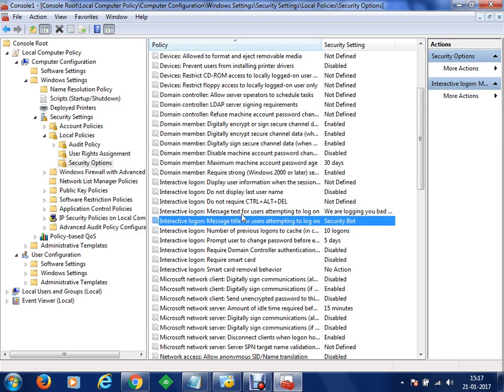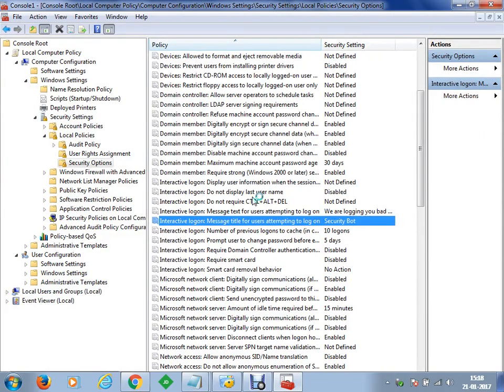Now we have some interactive logon messages that will appear at the logon screen. Okay, so let's say if I try to lock my machine, in case I just switch the user, now you can see that as soon as you log in, you are going to get a message at the start that says security bot, you are logging your bad attempts to log on.